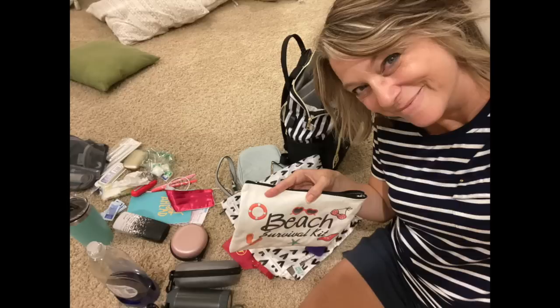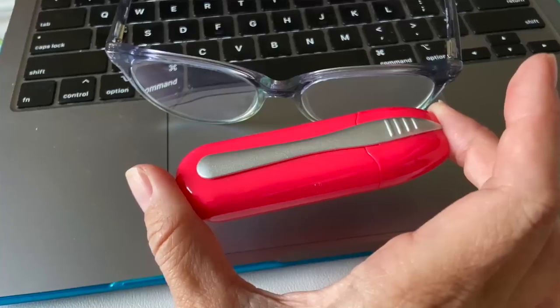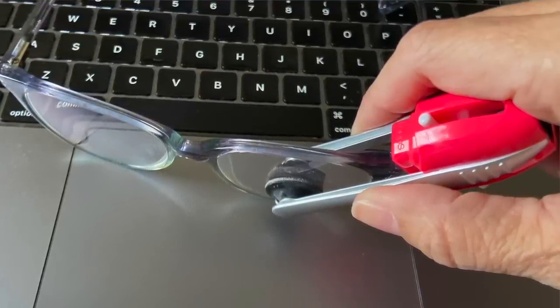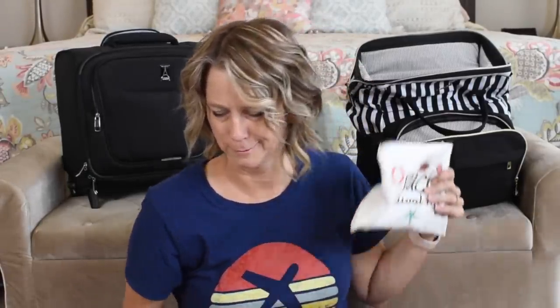I have to use my beach survival kit pouch for a beach vacation. This is gonna go in my personal item bag for the airplane, and it's got my Band-Aids, my Peeps, which clean my reading glasses phenomenally. My mom bought one, I bought one, and then I need one for my backpack and just keep it in there for travel. But I also have my sugar substitute packets, and since I'm going on vacation, I'll treat myself to some regular sugar. This bag has so much organization. I have never traveled with it, so I am making myself this time, and then you'll see the organization while I'm packing. I also keep my travel case for my fingernail file,